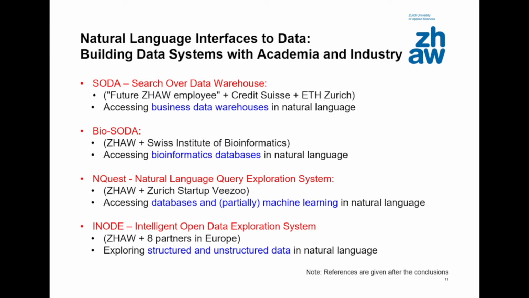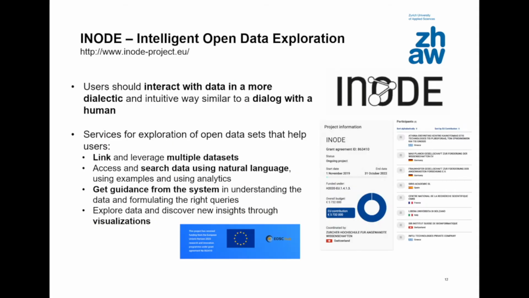And there we even go a step further, that we say, assume that we don't only want to have graph databases or relational databases, we also want to query text. So how can we query all this together? So this is what we're doing in this INODE project. Here's the web page if you want to look. We're always interested in having partners, and we get brownie points if we have more partners coming up.